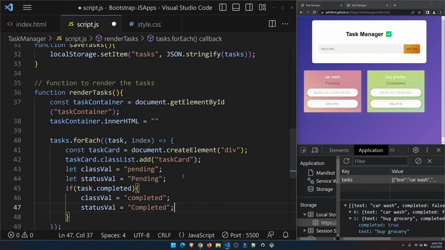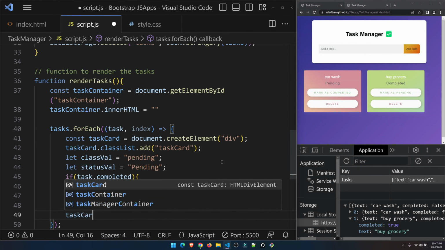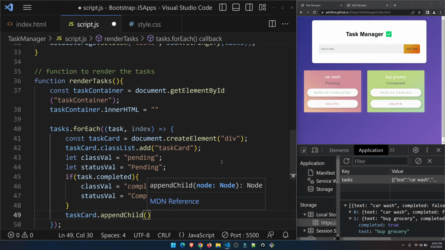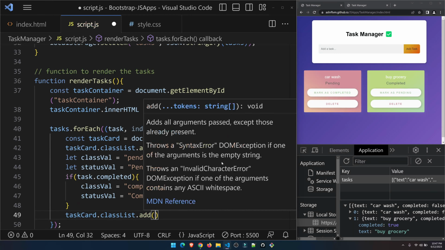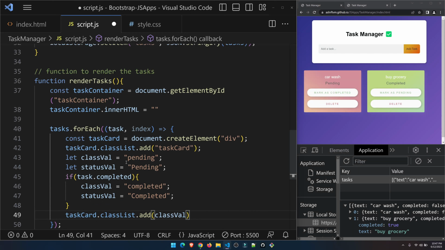Okay, now we just need to show it. So I'm going to say task card dot append child. No, wait, task card dot class list dot add the class value. So this will have the class value over here,